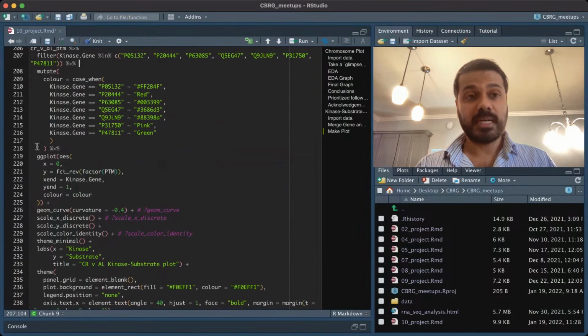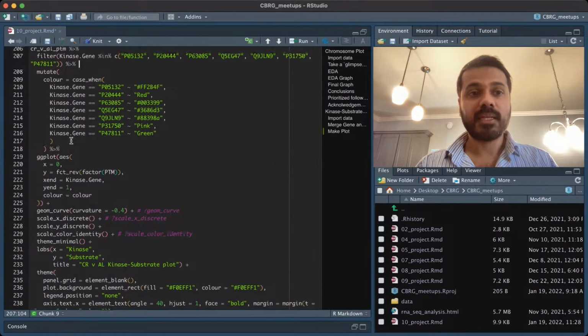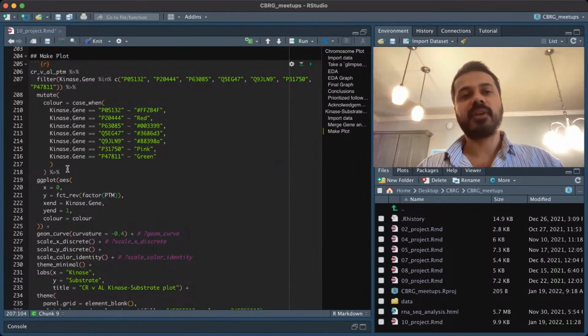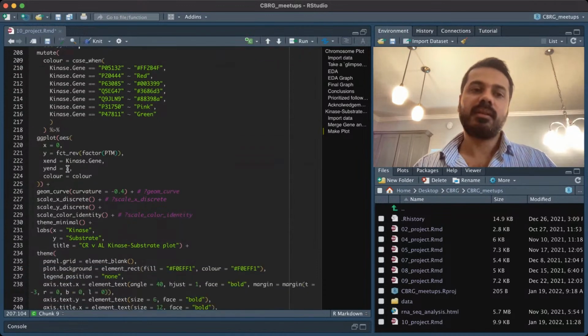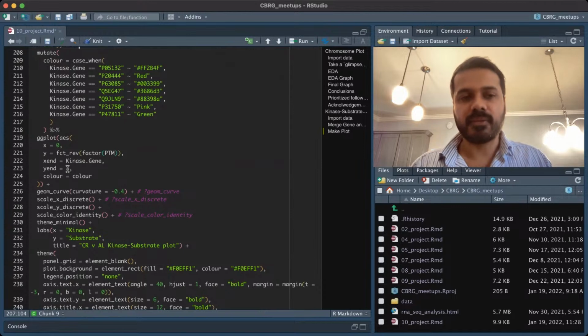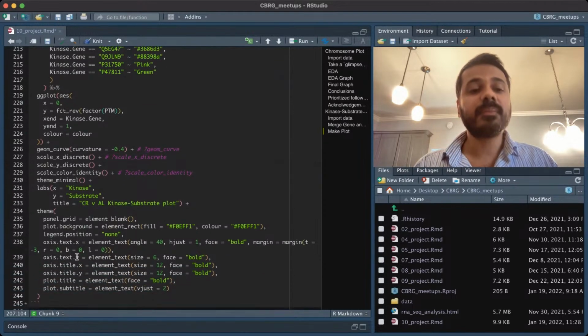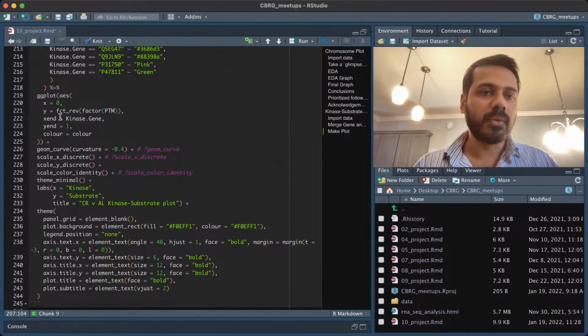Okay, so essentially, we've now taken our original data frame, applied these filter and mutate functions to finally make the data frame that we can now use to make our plot. So now we get to the fun stuff of the plot making. There's an impressive amount of code here, but the majority of it, or at least half of it, has to do with the aesthetics. So let's first go through the